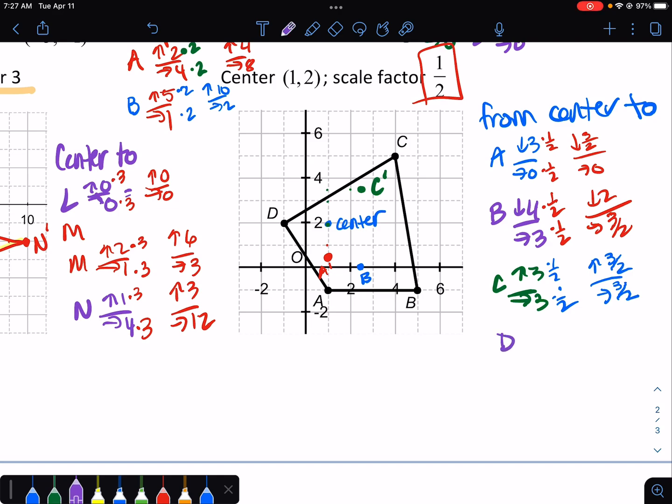We're going from the center left 2 up nothing. Up nothing, left 2. There we go. So we're going to multiply that by 1/2. So that would be up nothing, left 1. So there's our D prime. So then if we create our picture,